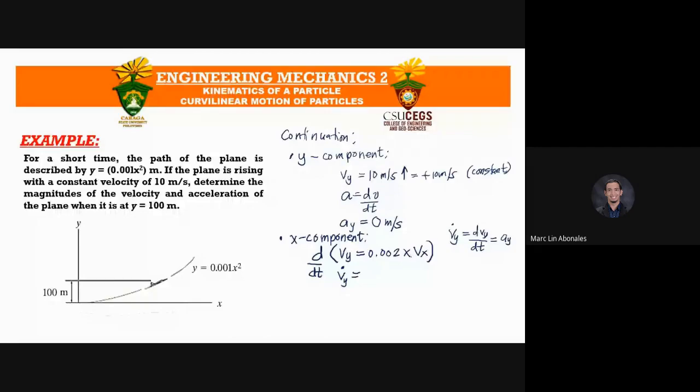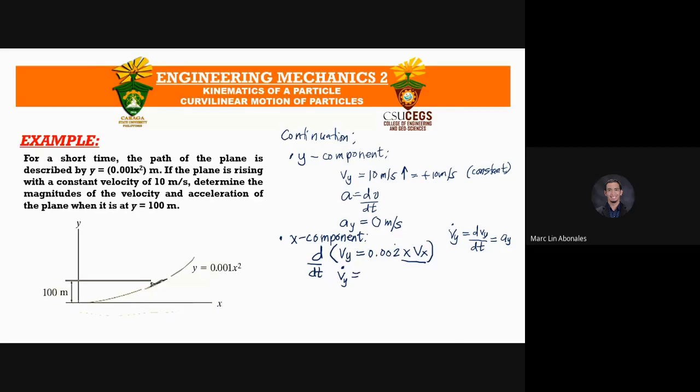Take note, x and vx are different entities or different variables. Since we will differentiate the right side, which is 0.002 xvx, take note that x and vx are different variables,